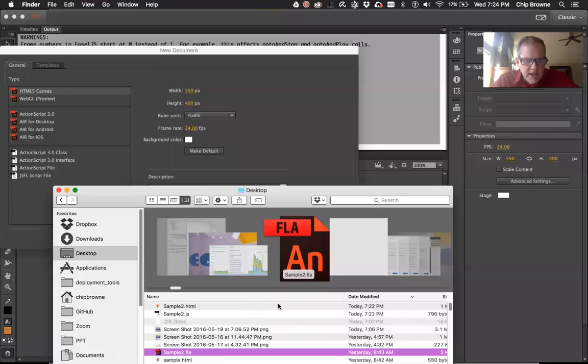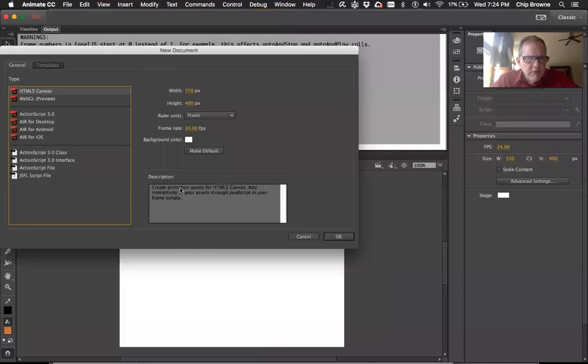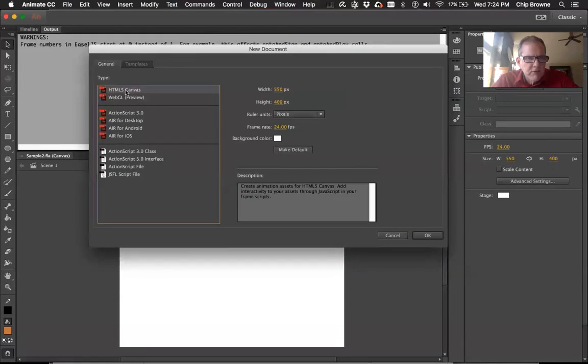JavaScript and, right, good, very good, the HTML file. Excellent. Now, Kendra, so you understand, when you start off your project, you can choose any of these